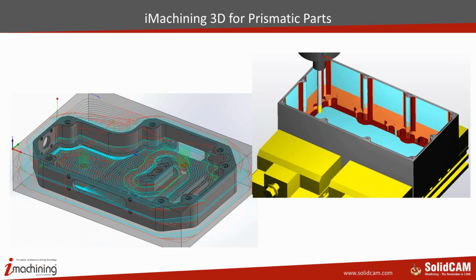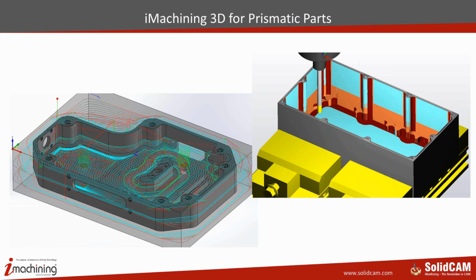According to our data, today there are about 3,200 installations of iMachining 2D at our customers, while of iMachining 3D there are only 1,500. And I can tell you, each one of those 3,200 customers who are using iMachining 2D has already found the power of iMachining. And as we will show you today, with iMachining 3D, even if he's doing prismatic